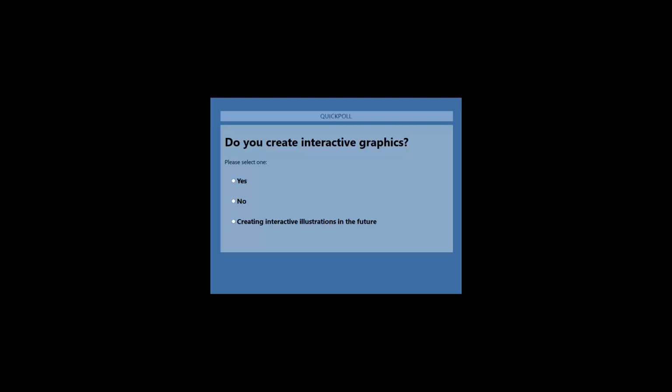So do you create interactive graphics? And this surprises me. We have a lot now. Deliveries is within our ETMs, like manuals, electronic manuals, but with illustrations. I used to get the answer that no, we're not creating interactive graphics. We're just putting standard graphics on there. So I think we're virtually there, and this is a good answer.